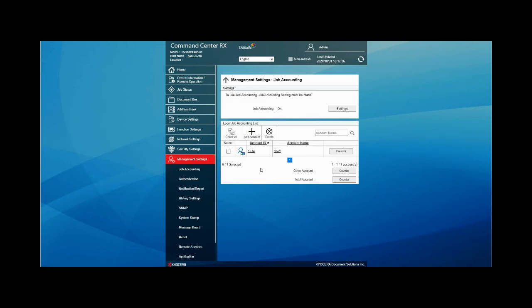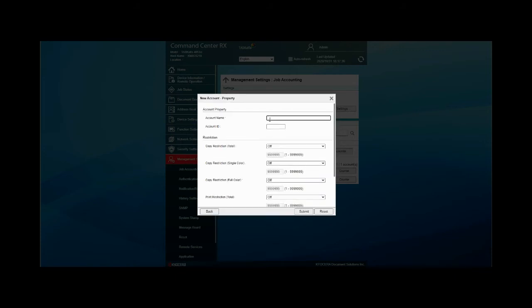Next, let's create a color user. The creation of the color user is much easier because it's very straightforward since there will be no restrictions. All we have to do is click Add Account, give it the account name Color, and assign the account ID to go with that account. So anybody that logs in with the account ID 0000 will be associated with Color, and they will have no